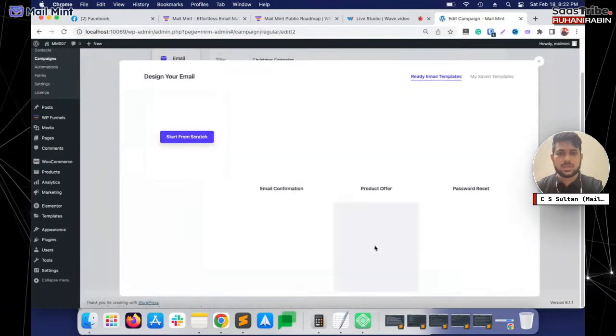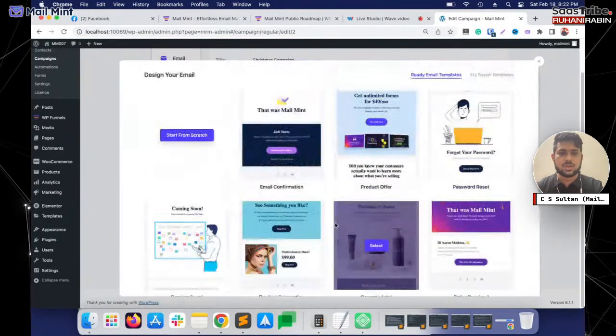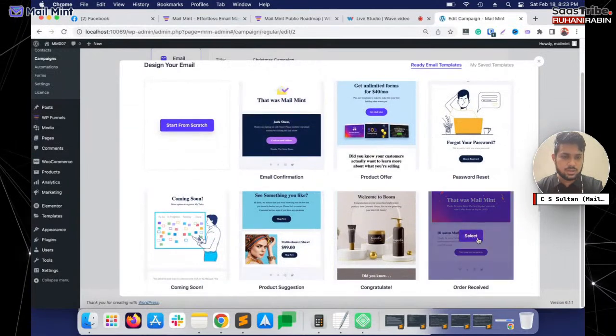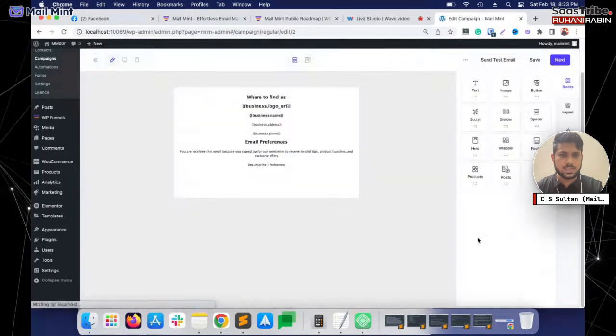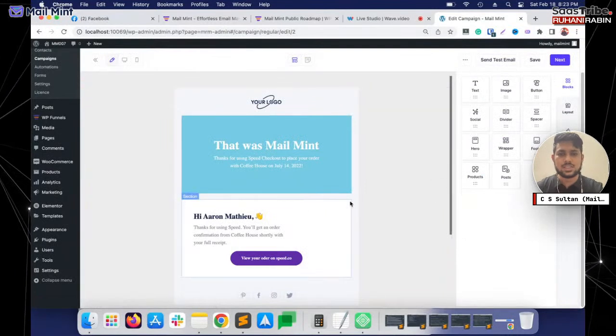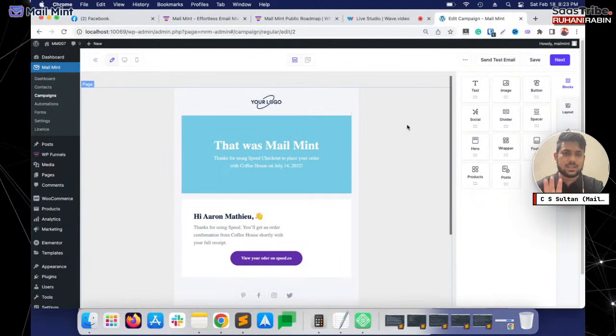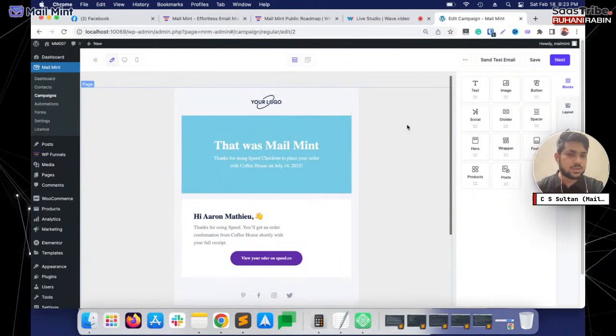You click on design your email, and here you get to import some templates, or you can start from scratch. Let me just import one right now. So I'll just select, and it's going to take me to this place. This is our email builder. All right, so let me just show you why this email builder is actually better than most others you've used